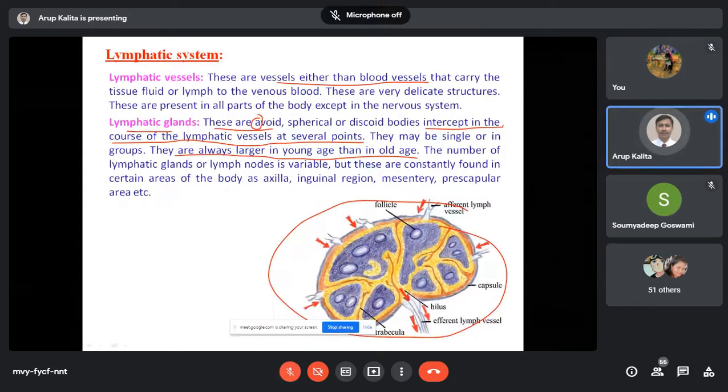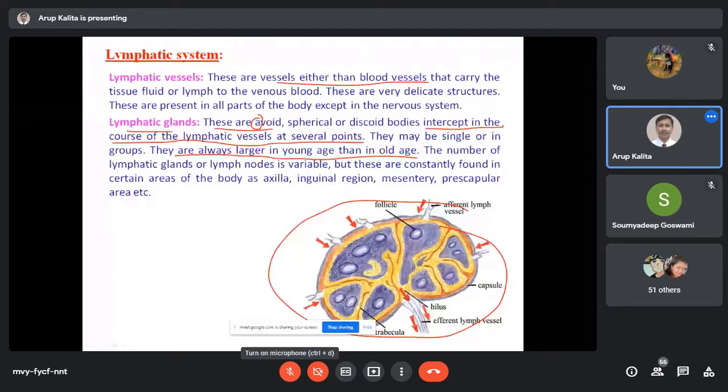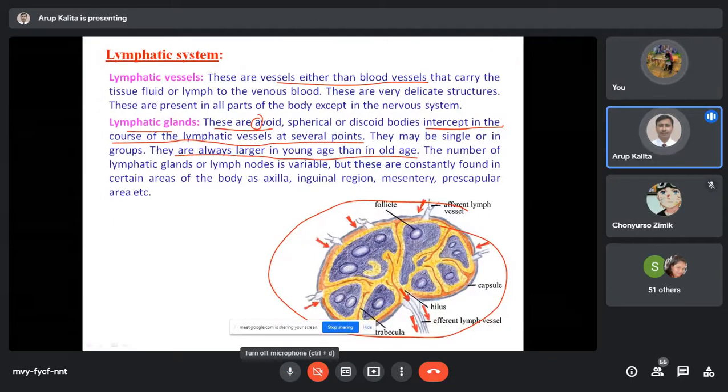Then what will happen? Lymphocytes that have already been distributed to the secondary lymphoid organs will mature and develop there, is not it? For example, the lymph node. Now I told you it is distributed during the process. So when it is distributed, the number will be less or not? Yes, sir. Day by day the number will be less or not? So it will be smaller. Okay, getting the point. That is why in the young one it is larger.